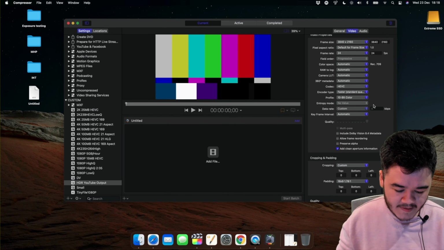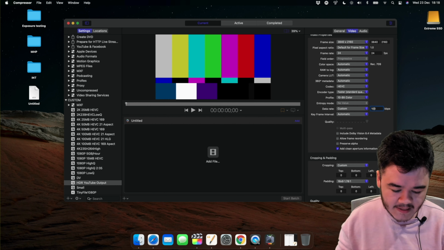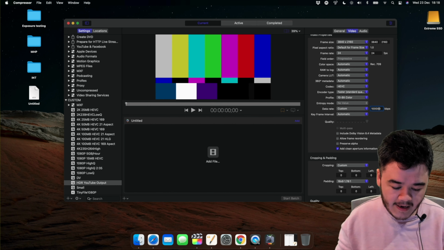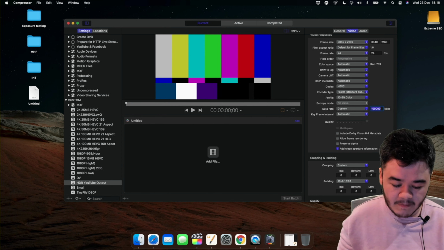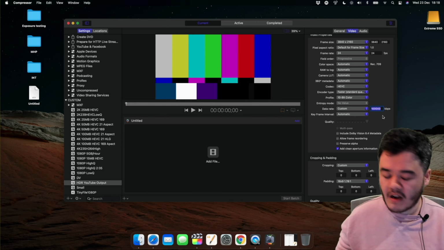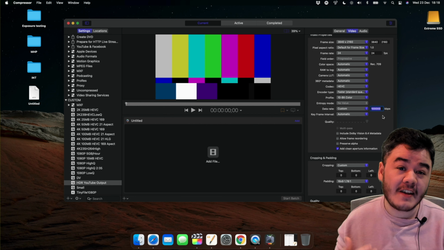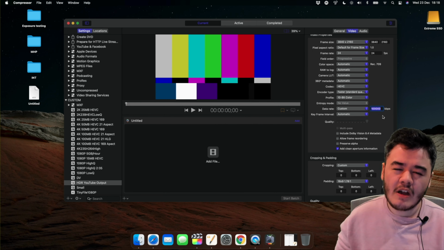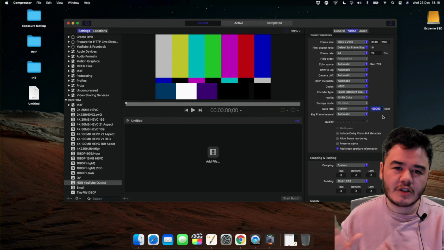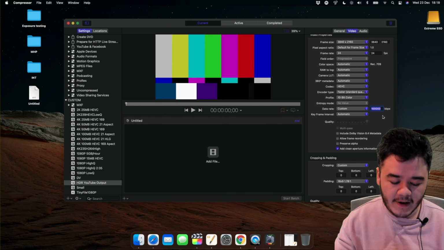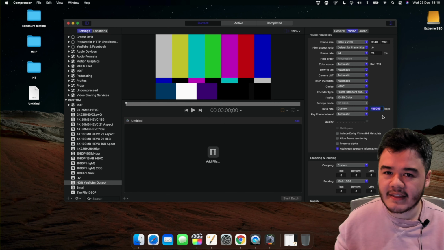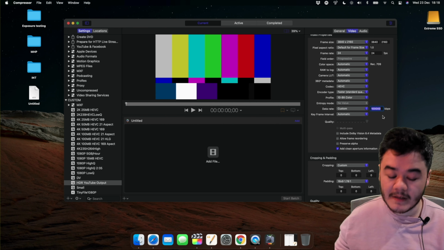And in terms of data rate, you can enter whatever you want. I actually like to go custom. I like to basically set mine to 100,000. Now I live in Ireland, so I have very fast internet. We have gigabit download and fast upload. We have fiber to the home. Depending on where you are, you might want to change that. I think 50,000 is really great also, because the iPhone records around 30. So if you export at 50, you should be pretty good and not get too much compression. But again, I'll let you decide that based on your internet speed.